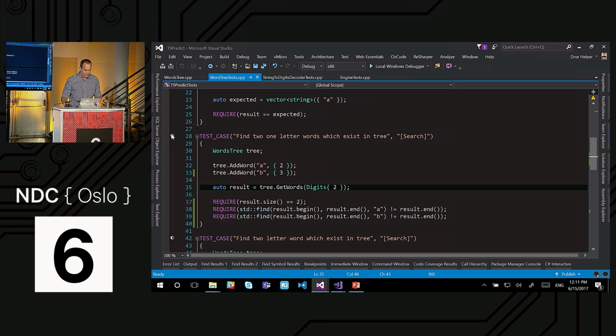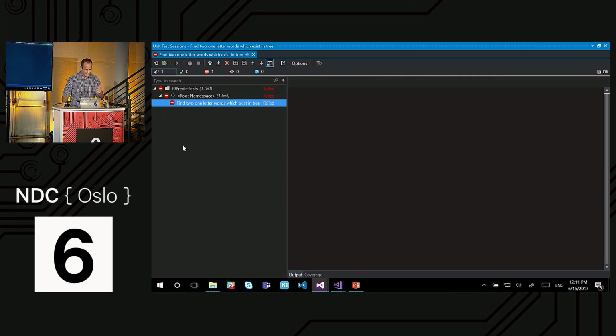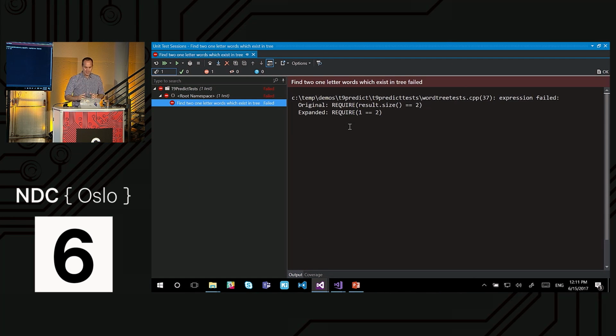Here we go. When the tests do fail, I'll run it using ReSharper as well. It's nice to have a few options, especially in demos. So much information. Expression failed, and this is the name of the test. That's the thing I gave it here, so I know exactly what happened. And it shows me exactly what I was trying to do and what values were not what I expected to be. And that's powerful.